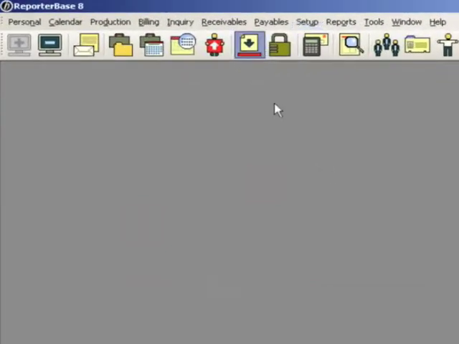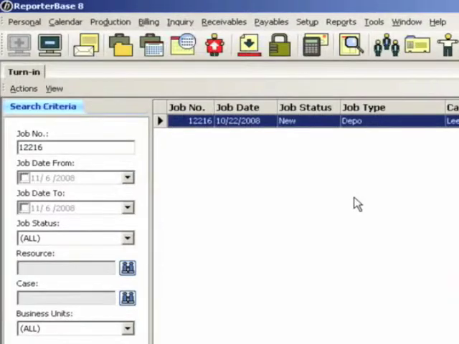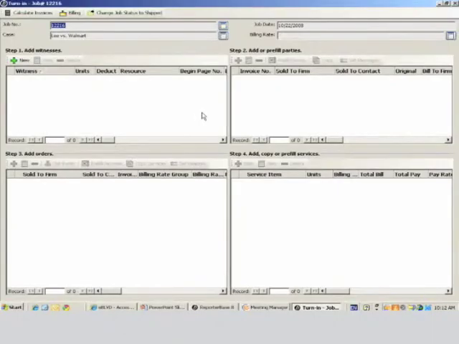With that email that just came in, I'm a production person, and I'm going to go to a function called turn-in. I see an email and I open the billing sheet and I notice that the job number report is turning in today is 12216. So I enter the job number, enter again, and it brings up a turn-in screen,